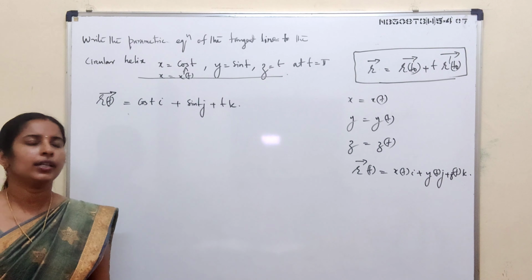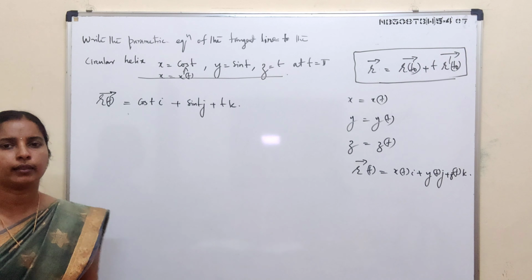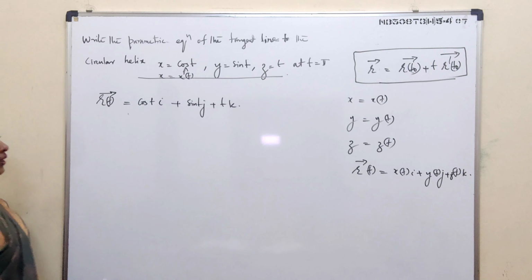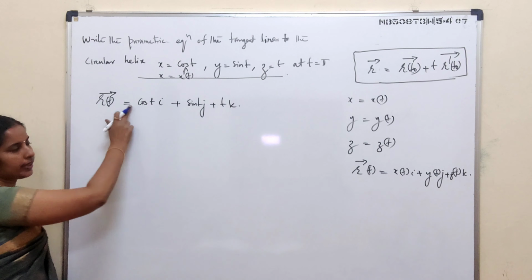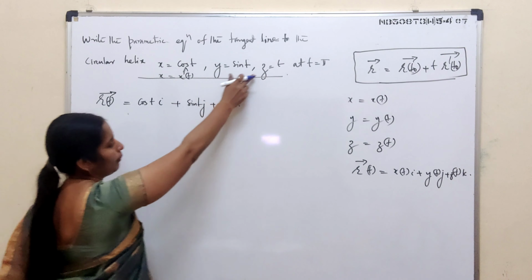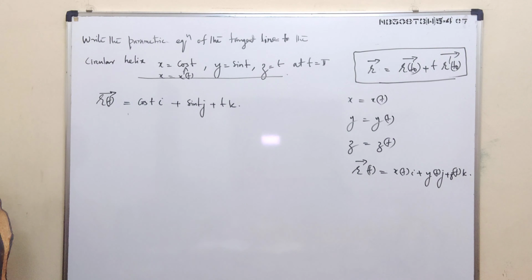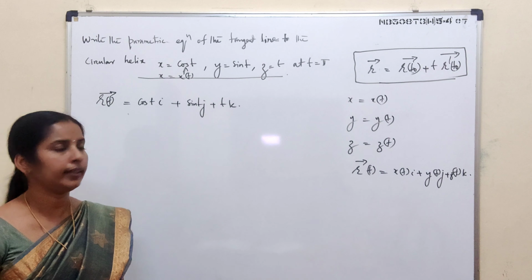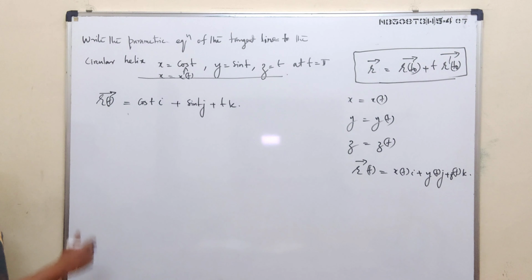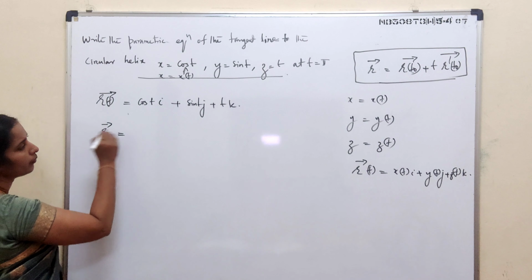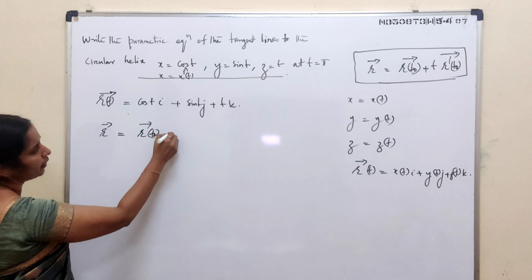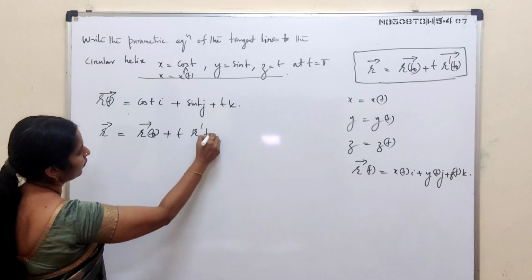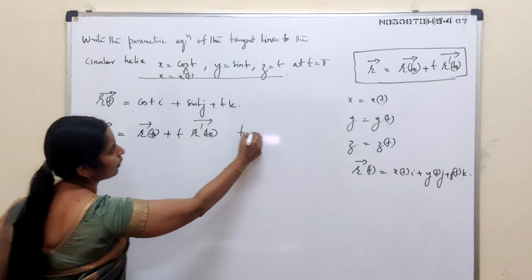See, this is the equation of the given curve and it is the circular helix. It's an important curve. The equation of the circular helix in vector representation is like this, and this is its parametric representation. Here we have to find the parametric equations of the tangent line. We know the equation of tangent line through t naught is, here t naught is given as pi.